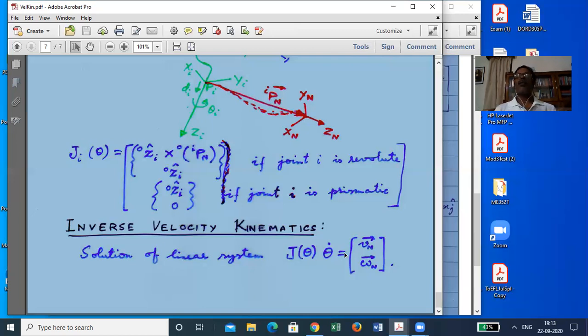So that static force transformation we study in the next lecture, and after that we will see the situations and try to understand the singular configurations where this matrix may be rank deficient and this mapping may turn out to be degenerate, and what may happen in those degenerate conditions,